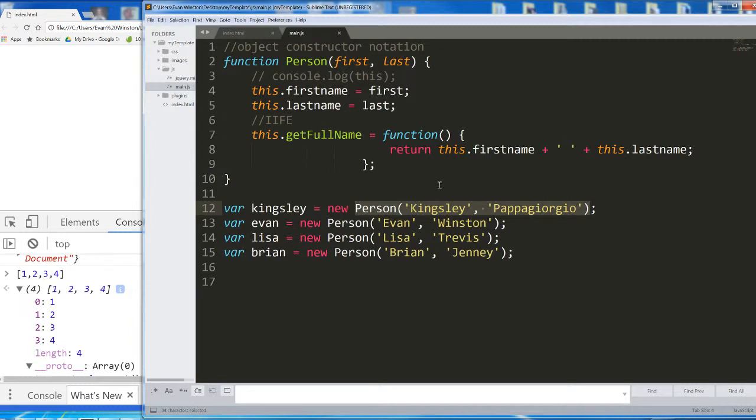Okay? But in the same way that we add properties and methods to our actual person, we can also add properties and methods to the prototype of a person. Okay, this is confusing stuff, so let me just walk you through a demo real quick. I'm going to do it down here. Person.prototype